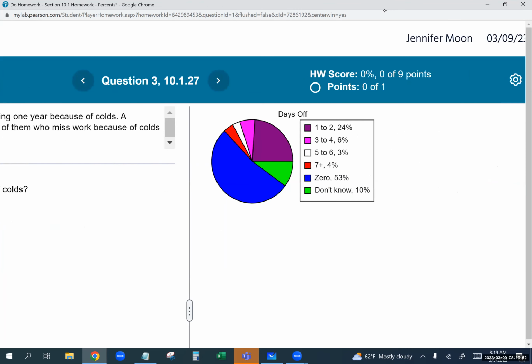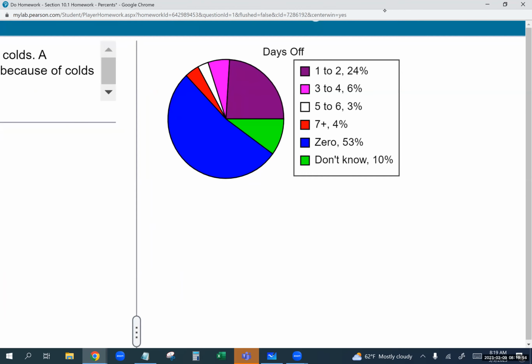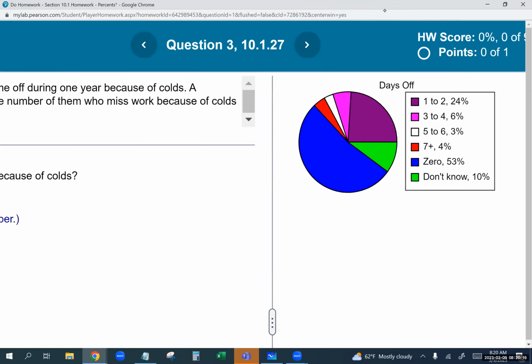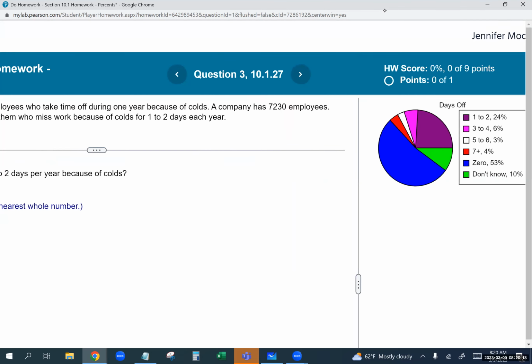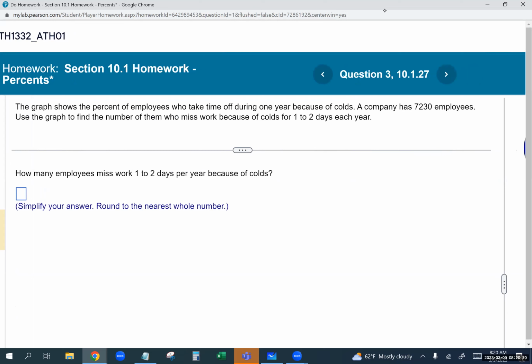If I look at this graph right here, I notice that the 1 to 2 days a week is the very first number that they give me, or the very first category, and it's 24% of 7,230. So just like the examples I did, like what's 36% of $78, it's the exact same thing, but they're putting words behind it. So if 24% of people missed 1 to 2 days because of a cold, and they want me to figure out